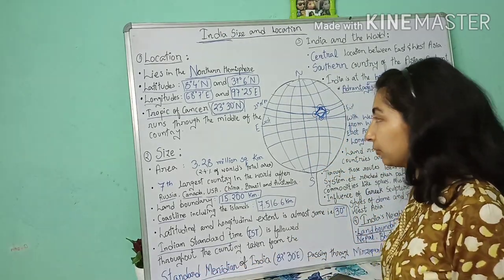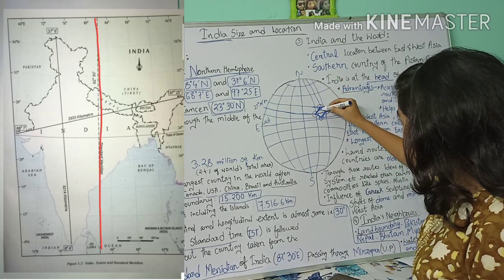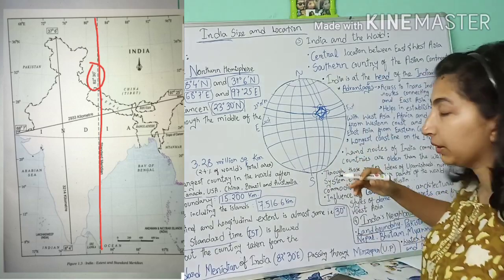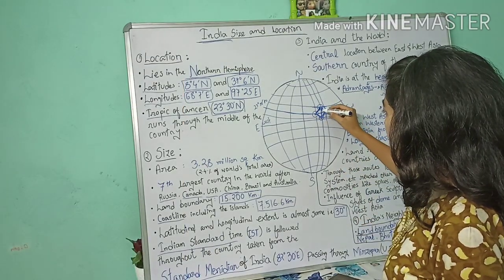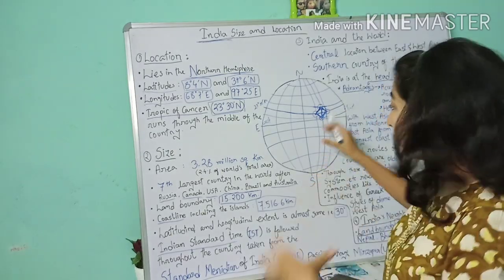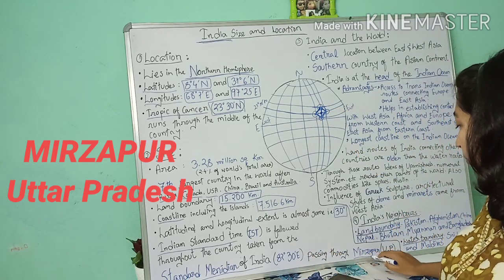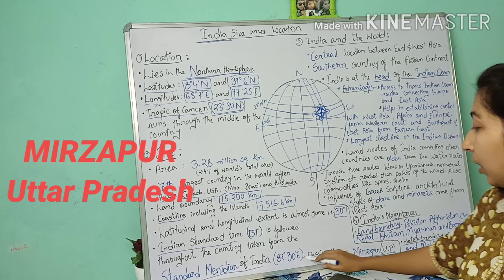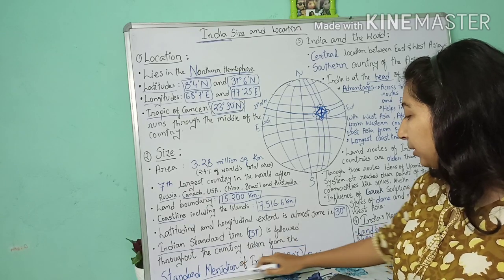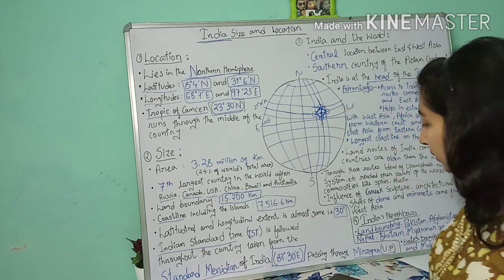Now where is the Standard Meridian of India? The Standard Meridian of India is a meridian which passes almost like here, almost from the middle, as in vertically middle of the country. Okay, here. From this line the time is calculated, the local time of one place called Mirzapur in Uttar Pradesh. Okay, this place is taken, and the degree of the Standard Meridian is 82 degrees 30 east. Okay, this one, 82 degrees 30 east.